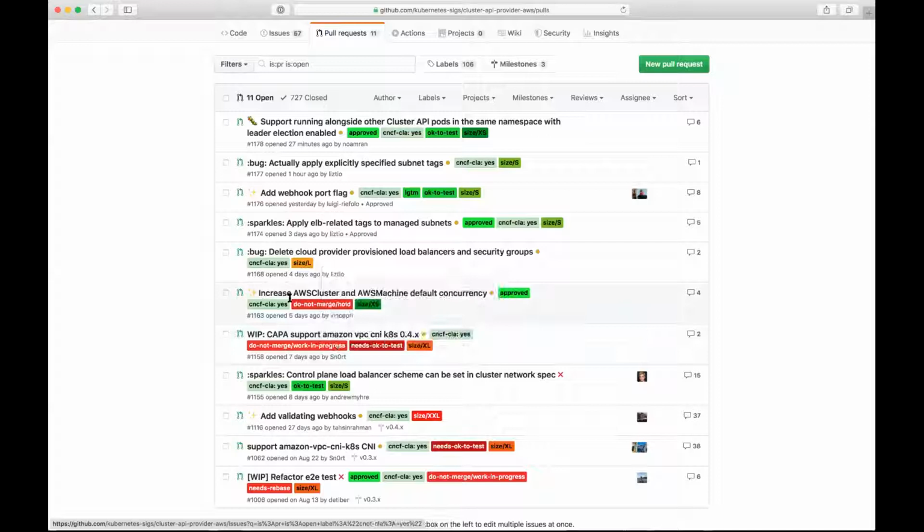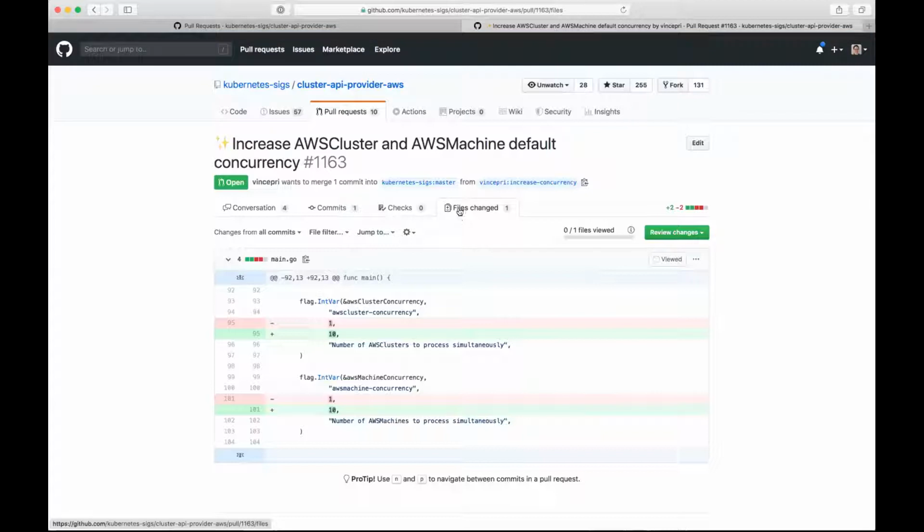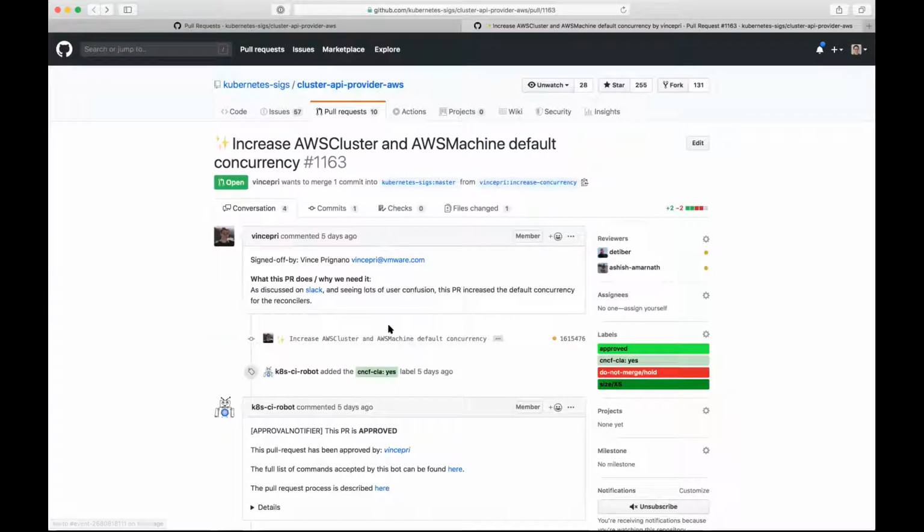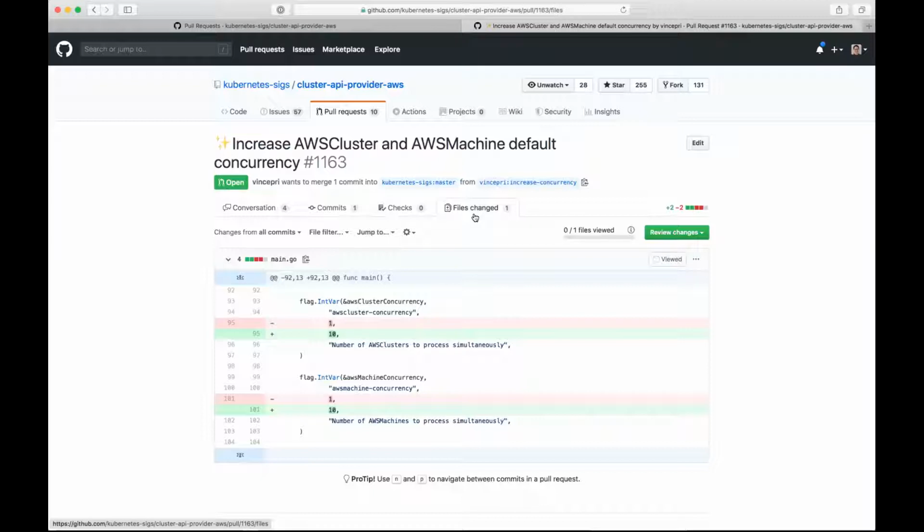All right, increase the default concurrency. I know we had a lot of comments on this one. So we could not do anything. We could just double it to 2, or I think with some more data around API request limits, we could potentially go higher. So do y'all want to consider just going from 1 to 2 on this for now, or leaving it alone until we get some data?